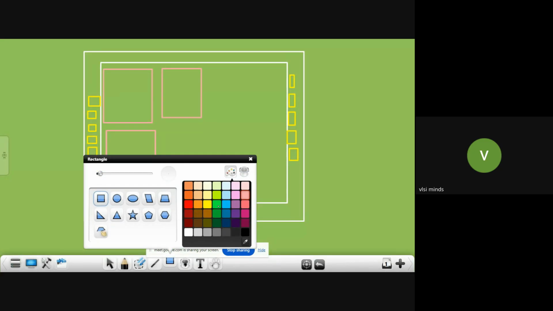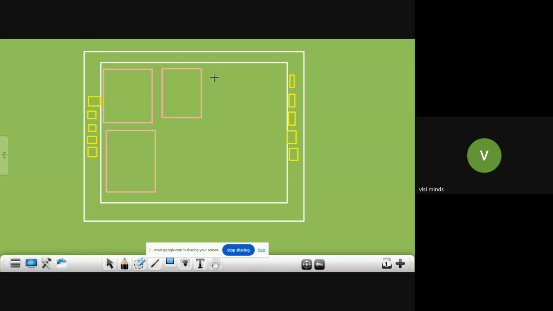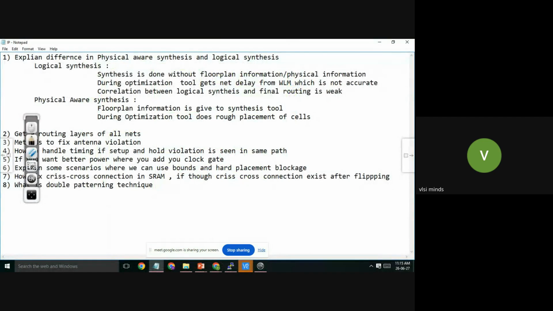During synthesis only, all the standard cells are roughly placed. Now my tool knows what the net length and net delay are. It obtains RC values from TLU plus, so it can do better optimization.